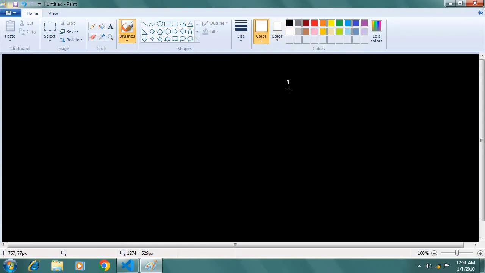Let's take this binary tree. I need to calculate the height of this binary tree. Nodes 1, 2, 3, 4 and 5. So for this binary tree, how do we calculate the height?